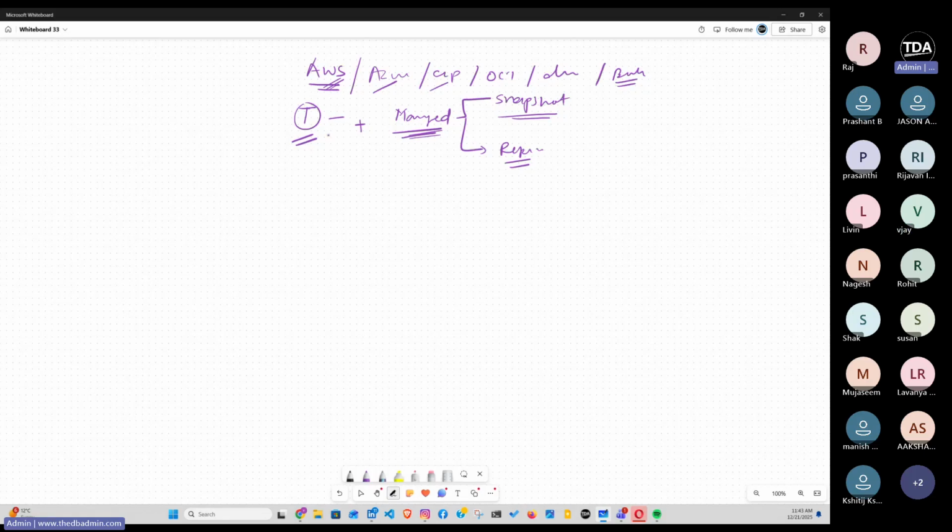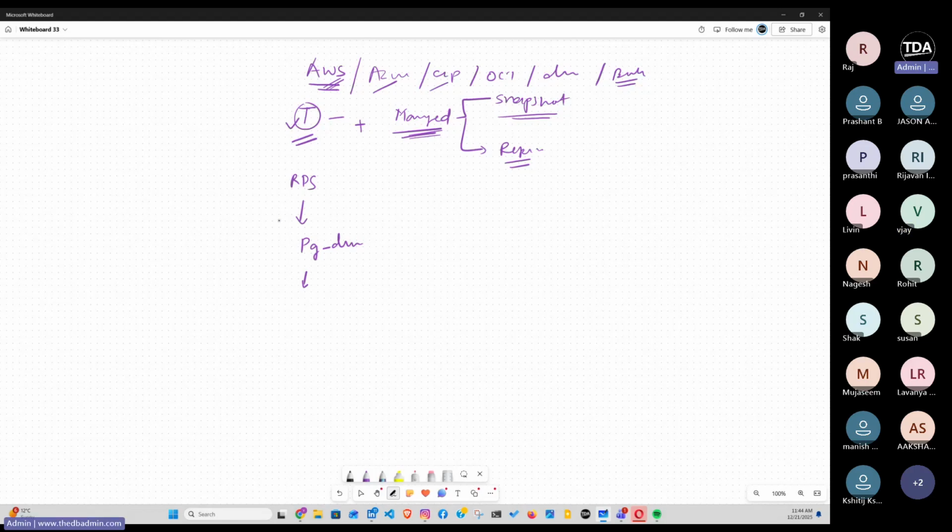The statement is clear to everyone? If it is not clear, I have one question. So managed is an RDS service, right? For Postgres, correct, Aurora, correct. And traditional means something on an EC2 instance or something, right? Correct. But let's suppose your RDS database is running and you want to take a pg_dump, it is possible, right? You want to take a pg_dumpall, that is still possible, right? That's what I'm talking about. The traditional backup method based on its compatibility is still valid.